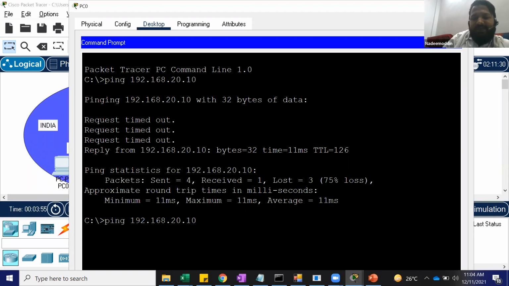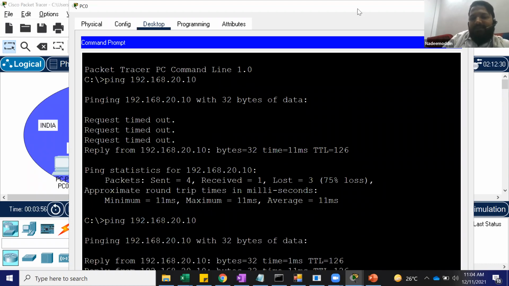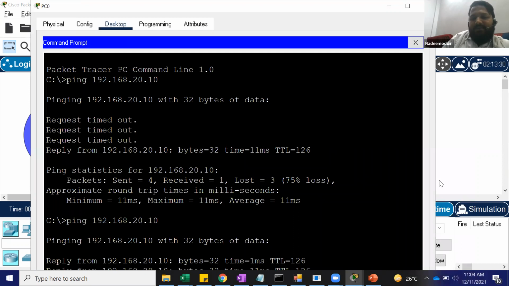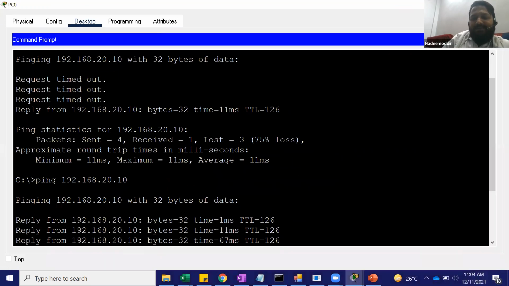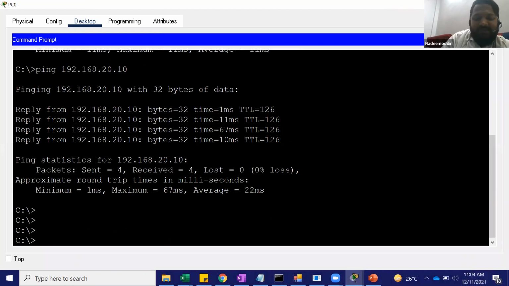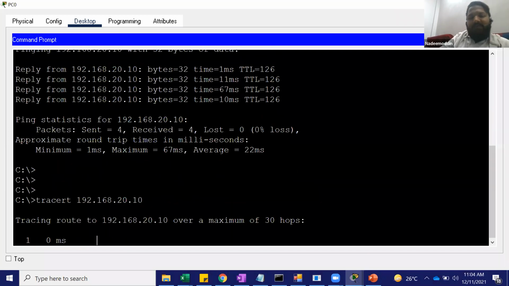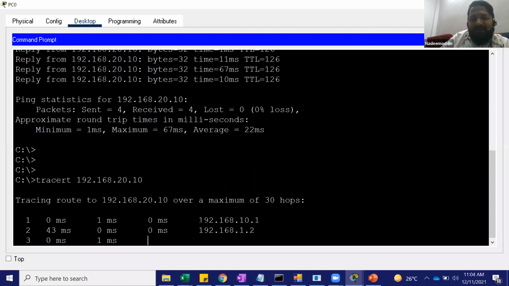Okay, see, it's pinging now. And how is it pinging? If you go for tracert 192.168.20.10, so if you go here, what does it do?